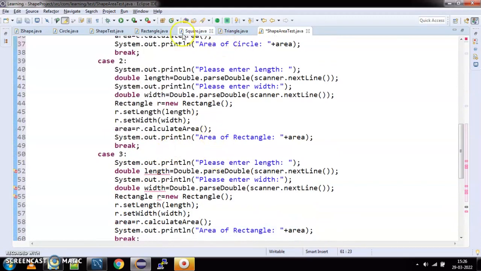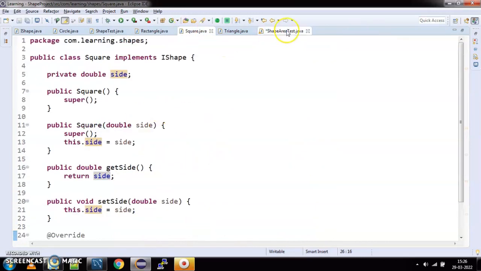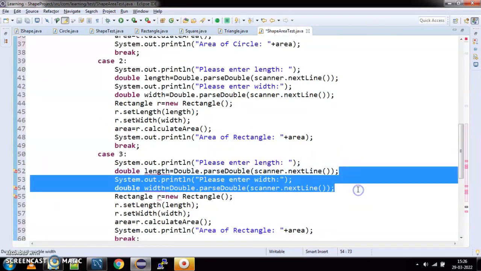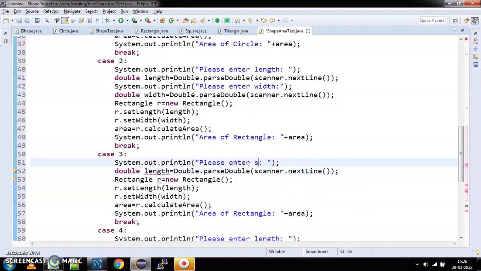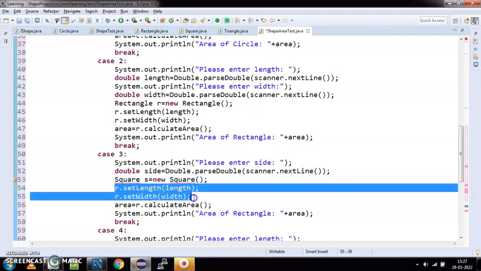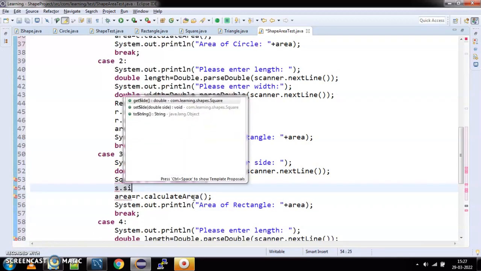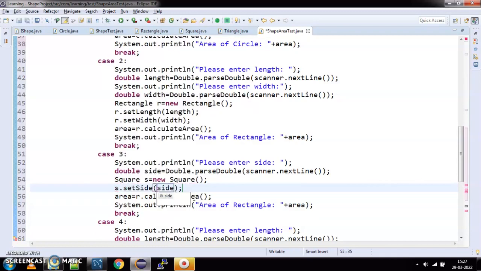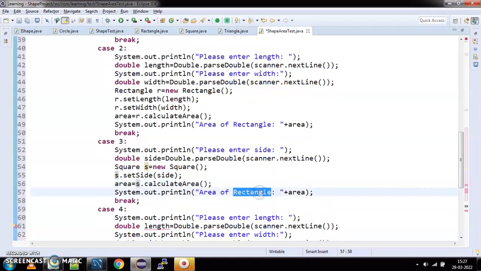Now for square, if you see, again we will need only one thing, that is side. So we can remove the other portion and we can just take one. We can say please enter side, store this in a side variable, and change this object to a square object. Square s is equal to new Square, and I can say s dot set side as side variable. Okay, and then I can say s dot calculate area, and I can say area of square is area and